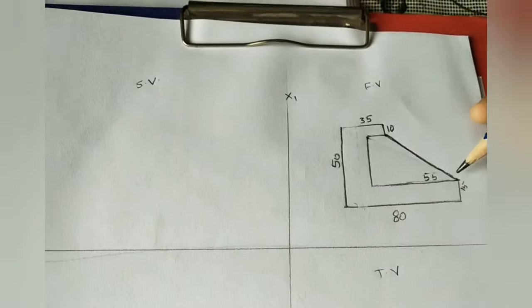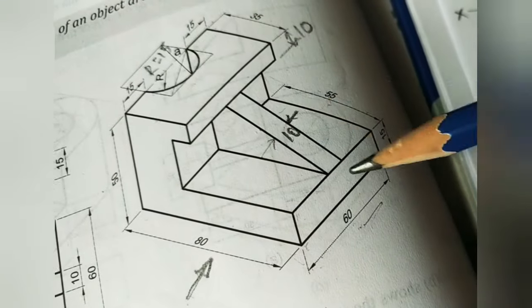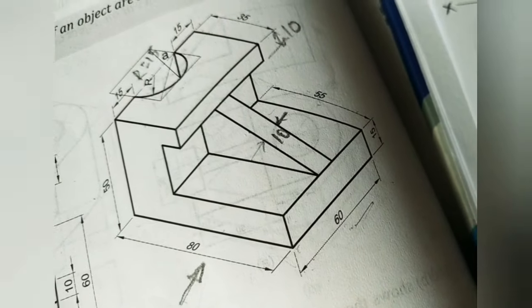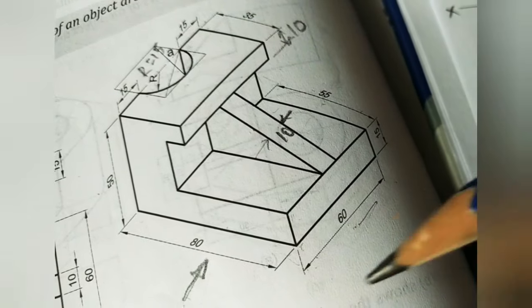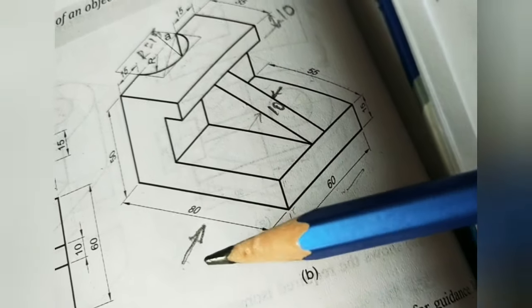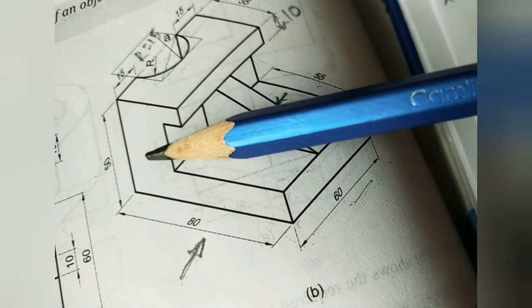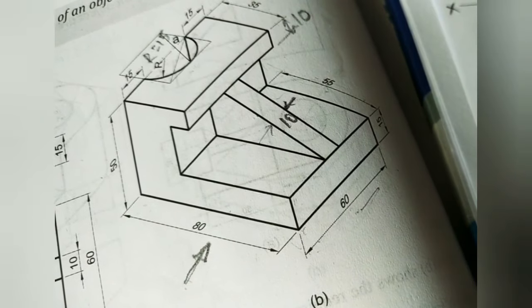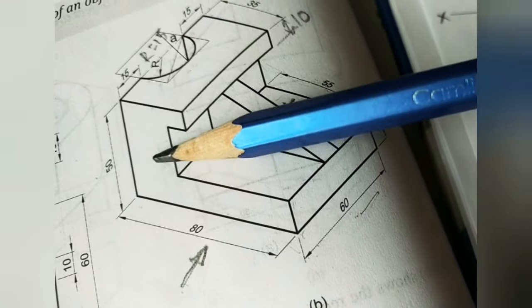So the slope line also we can see from the front. After getting the slope here from the front, we can't see the circular hole. So this is the invisible part. For invisible parts we have to show by using the dotted line. From the front we have to show one dotted line here. It will indicate throughout this height this circular gap is there, where we have to take this dotted line.